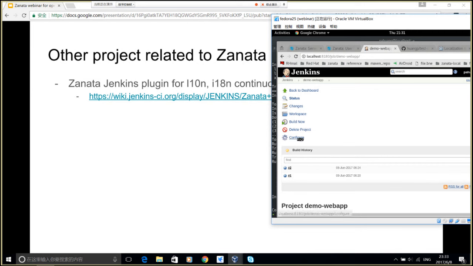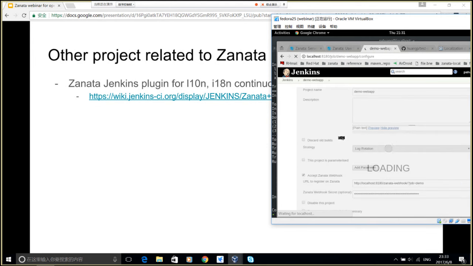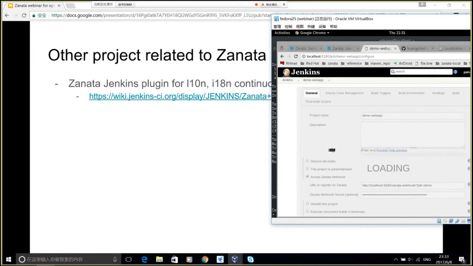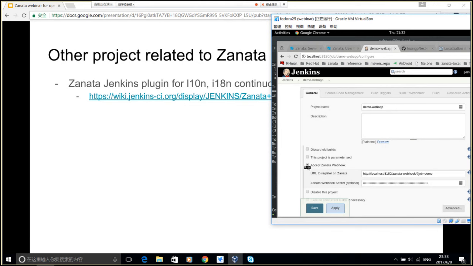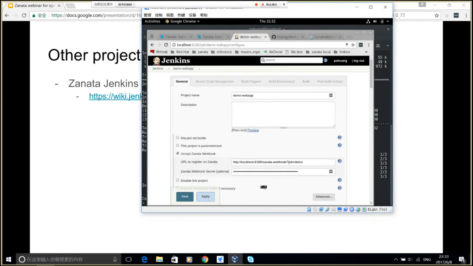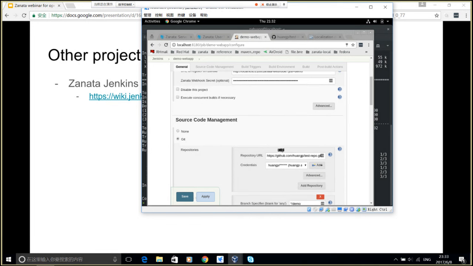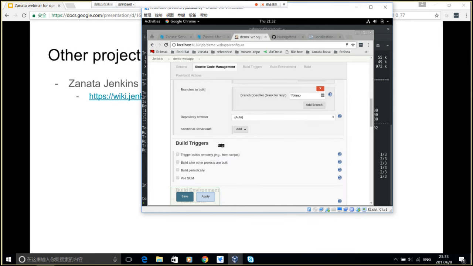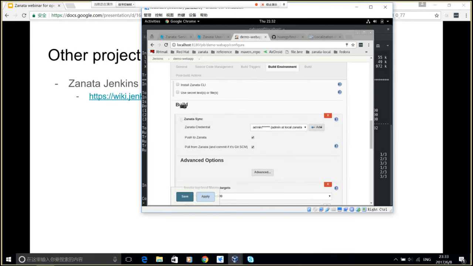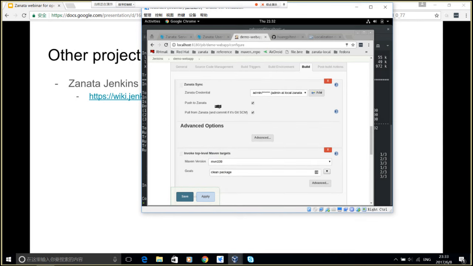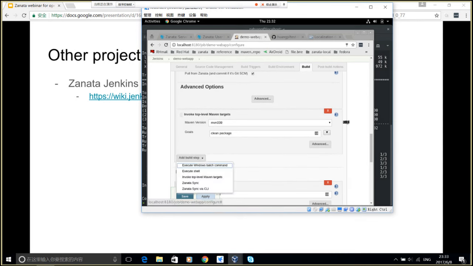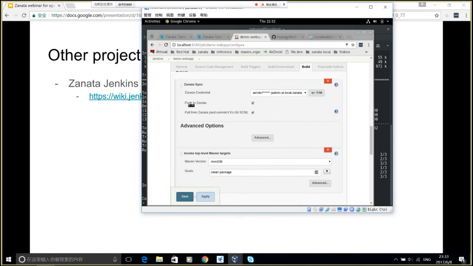I have a Jenkins instance with that plugin installed. After you install that plugin, you have a few new options. One is your job will be able to accept Zanata webhook. You just paste that URL into your Zanata project config. And then the usual thing, you check out from a Git repository. And down here under build, there will be a new build step option called Zanata sync. Here you can choose to push to Zanata, pull from Zanata, and you just need to put in your Zanata credentials